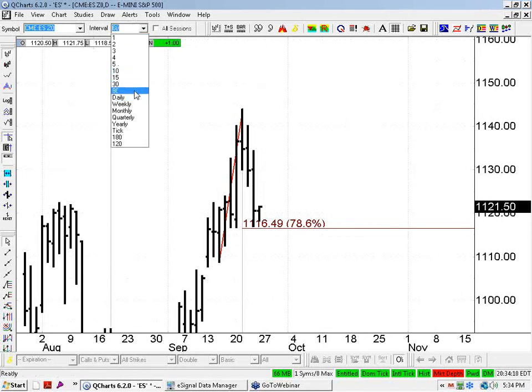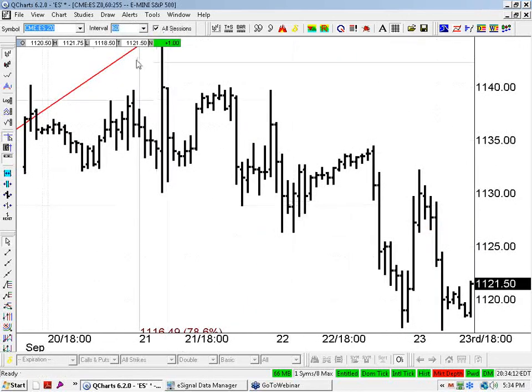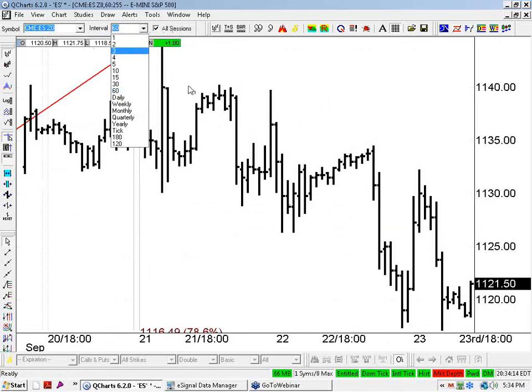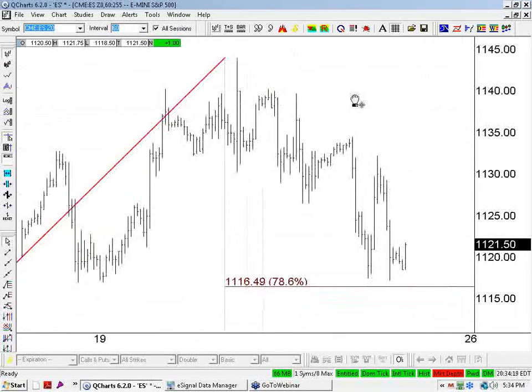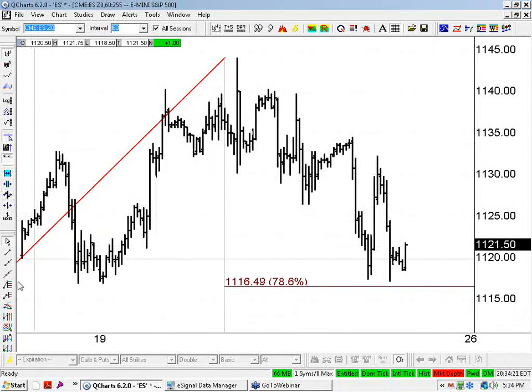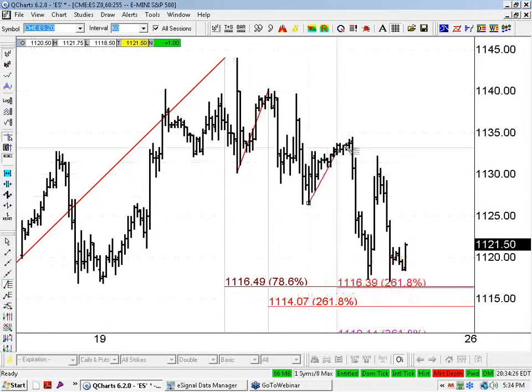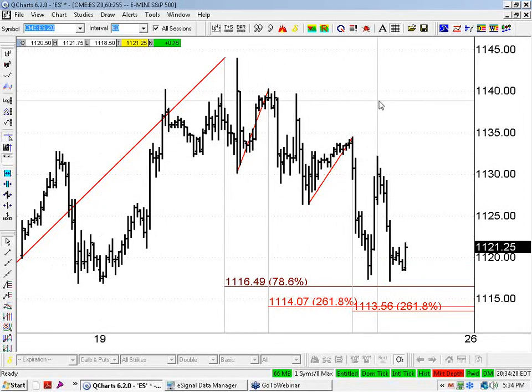Now, let me go back to the 60-minute chart, all sessions. So this is the 78% retracement level. And when we talk about single-sided extensions into that, the 261 is slightly below it, okay? So the 78 might get stretched out a little bit, but it's there to help support this market by bouncing it up. And it may bounce up to 1130, 1135, and so forth, even if it were to come down